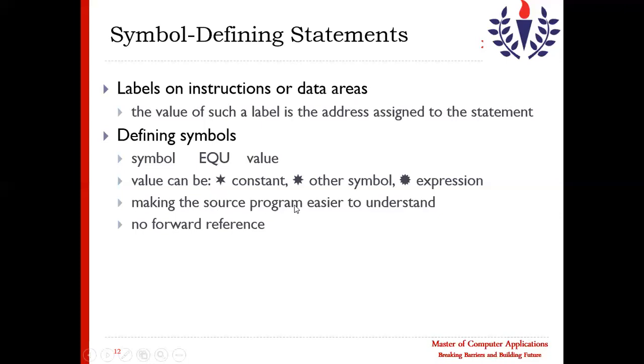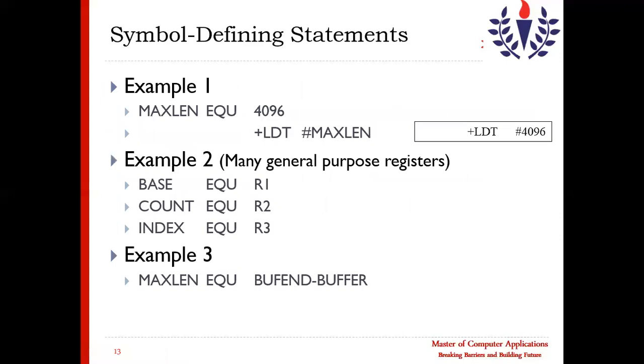This makes the source program easier to understand, and there is no forward reference, because we are giving the value directly here. If we define a symbol here with a value directly, no forward reference issue will occur.